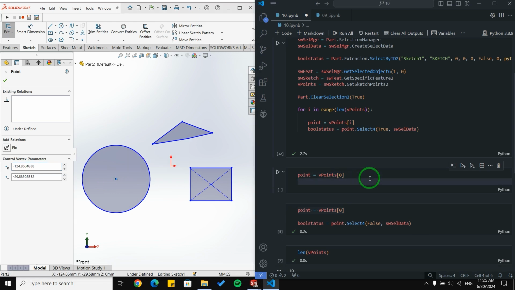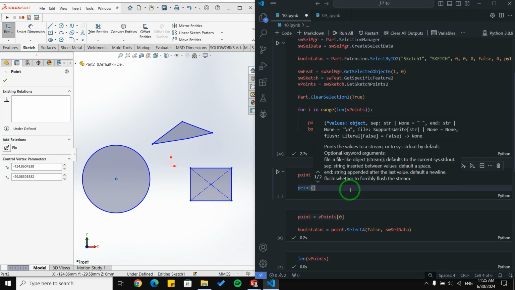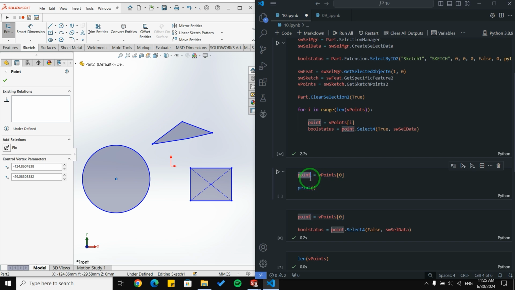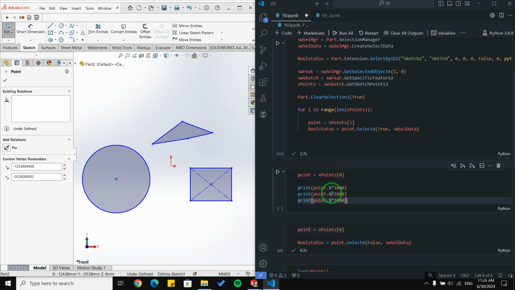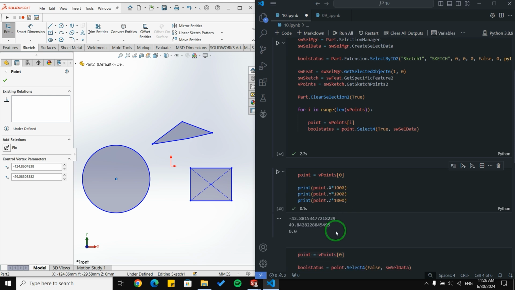For that, I'm going to say print point dot x, and I'm going to multiply it by 1000 to convert it to millimeters. I can use this code to show the y coordinate and z coordinate. Let me run it. And as you can see here, I have access to the x, y, and z coordinates.